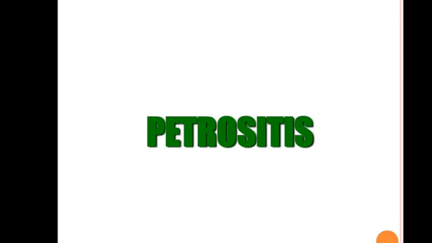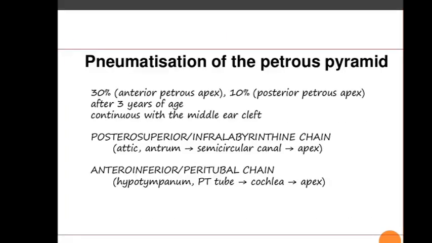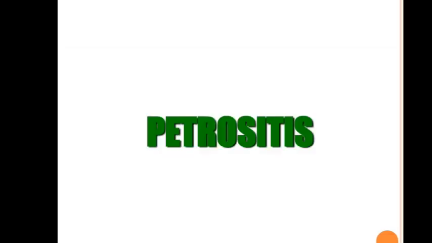So petrositis, for this you need to know the anatomy of the petrous apex. You all know, you guys have an idea about the skull base. In first year you have studied the skull base in great detail, and it's the time now. If you still have the bone with you, look into it. Otherwise, at least look into a proper diagram of the skull base and locate the petrous apex. Otherwise, you cannot understand petrositis.